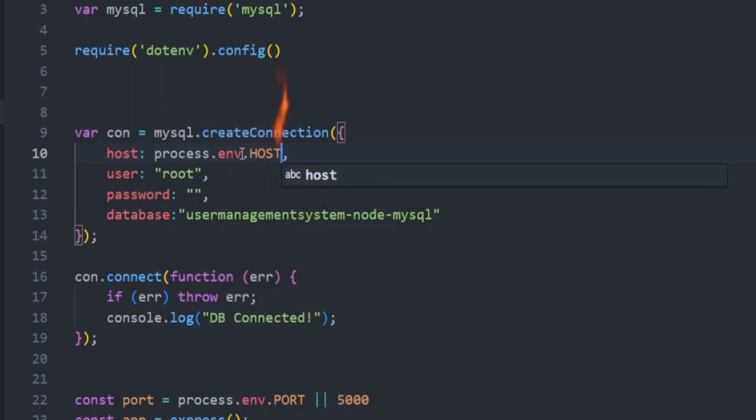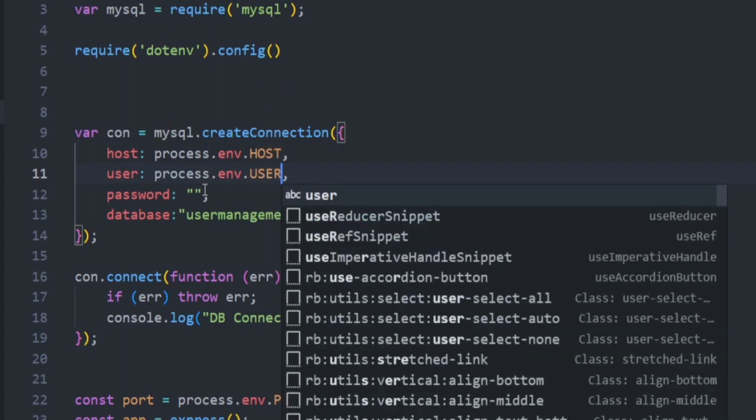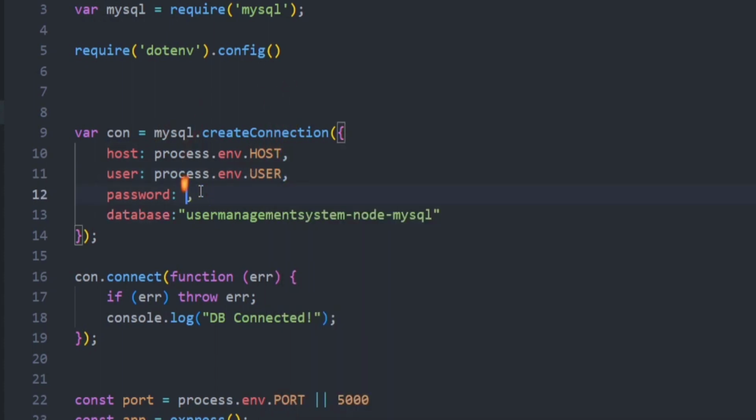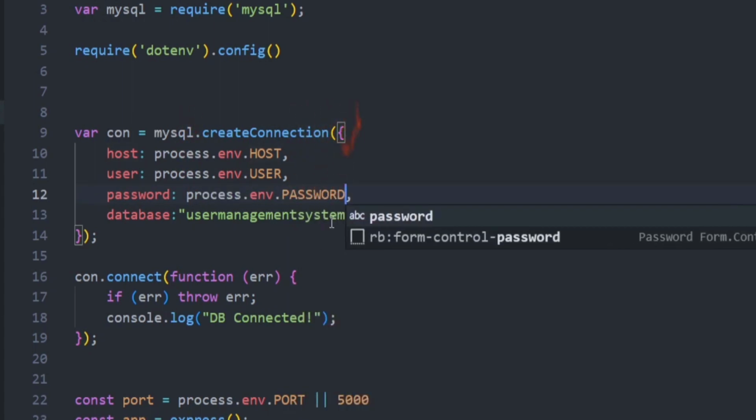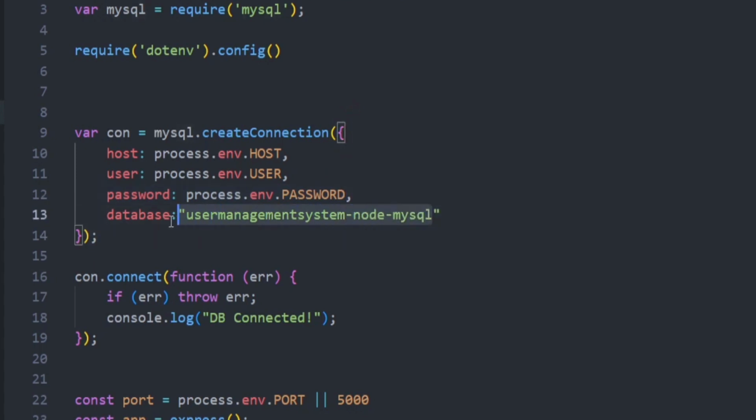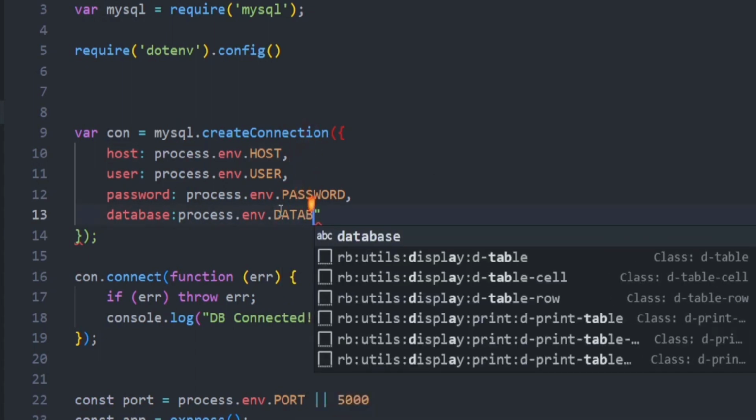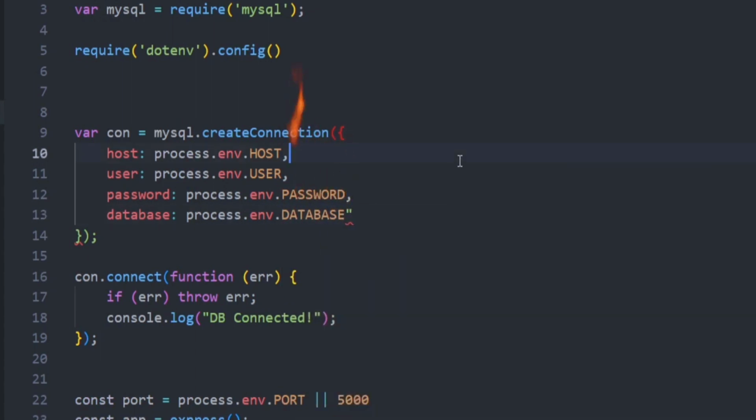process.env.HOST, then copy this particular statement and replace it for user. So write here USER, and here also write PASSWORD, and after that the DATABASE. And now I think, okay, I just need to remove this inverted comma, and now